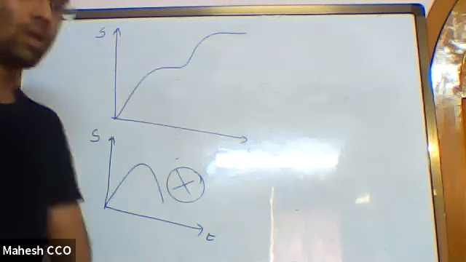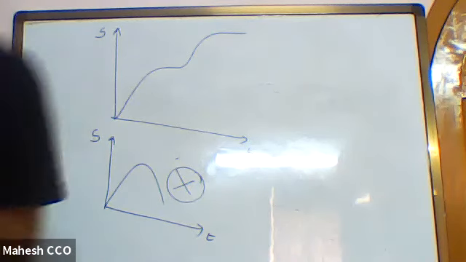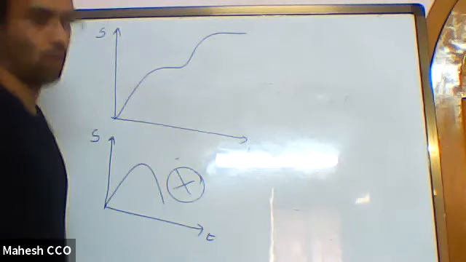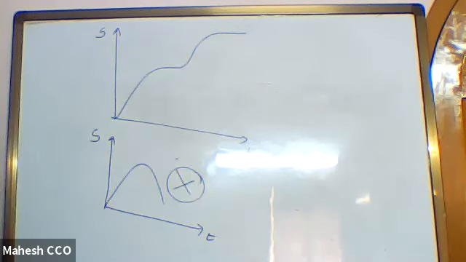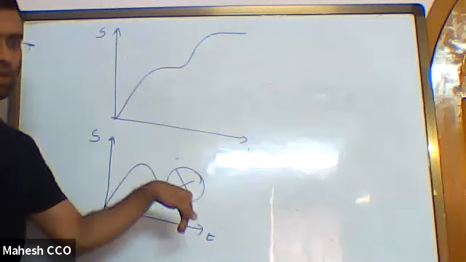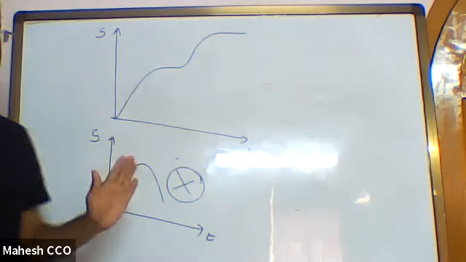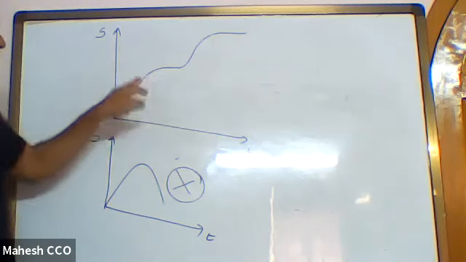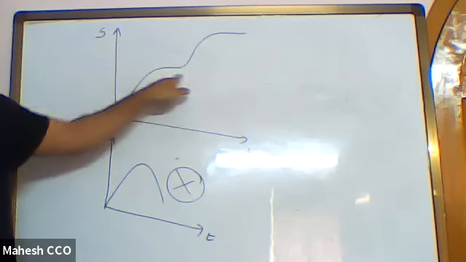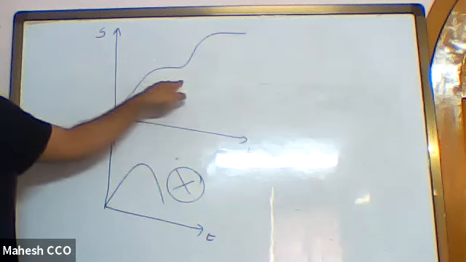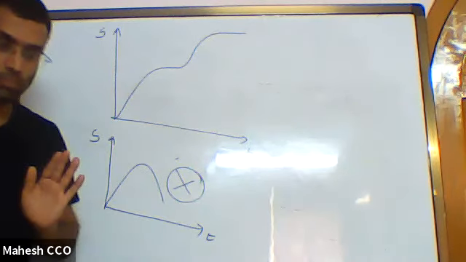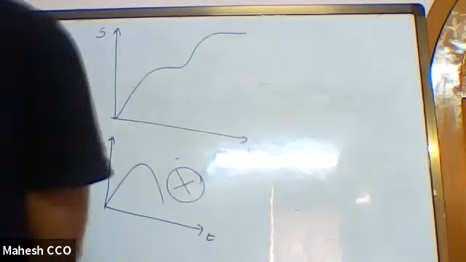Therefore, distance can never decrease with respect to time. So any graph which is given with distance increasing and decreasing, that is wrong. It can increase, then stay constant. That means in all this time the particle has stayed at rest because the slope is 0. Then it is again increasing. That is fine. But distance should never decrease.